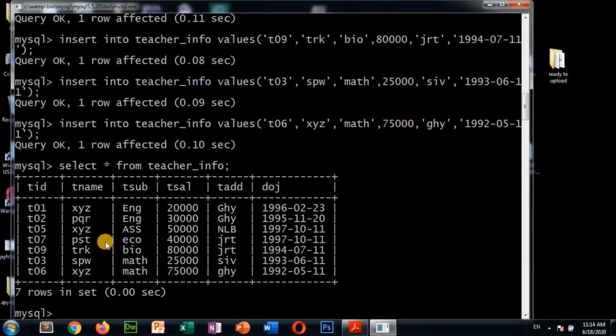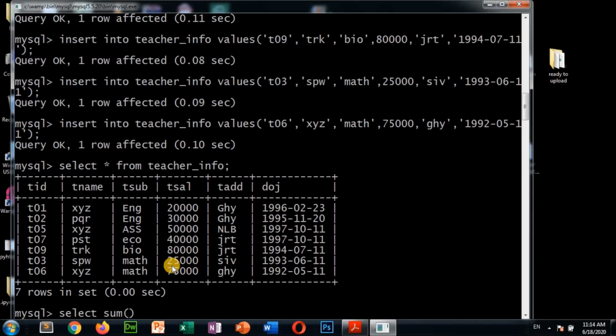Now some SQL functions are there. Now I am going to show you just how much is the total salary of all the teachers. For that, suppose you have to sum all this salary, you have to add all this salary. For that case, you have to write select sum, inside bracket you have to write which field you want to add, teacher salary.